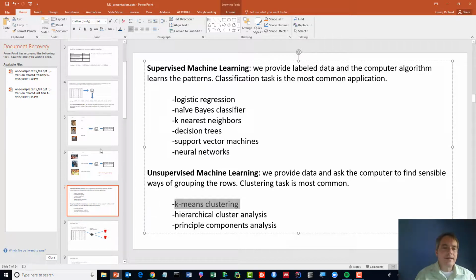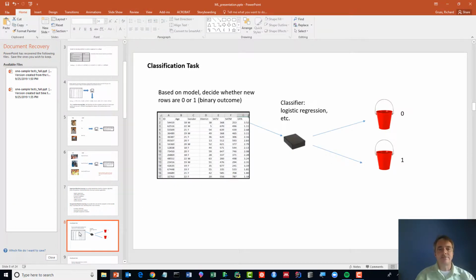Okay, so backing up a little bit, this classification task. With the classification task, as I said, we're going to have some kind of target variable for each row. Let's say each row is a student here, and we're going to add a column which is going to be 0 or 1 based on whether the student was successful or not. So we are going to have the computer learn the features that matter and learn how to combine them and weight them in such a way that it can predict this 0 or 1